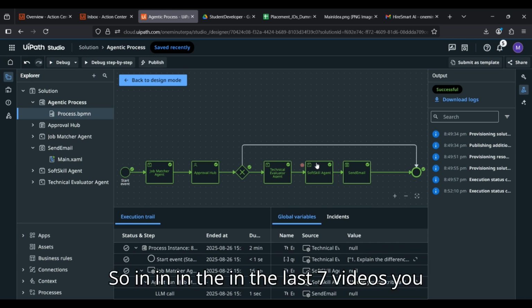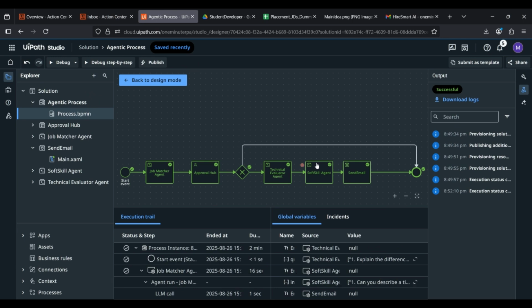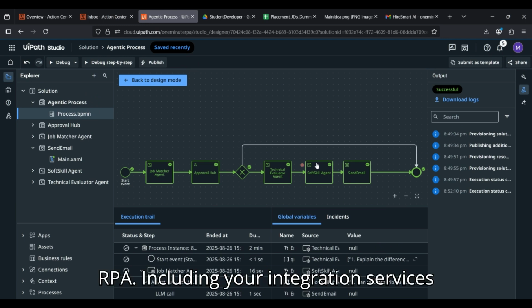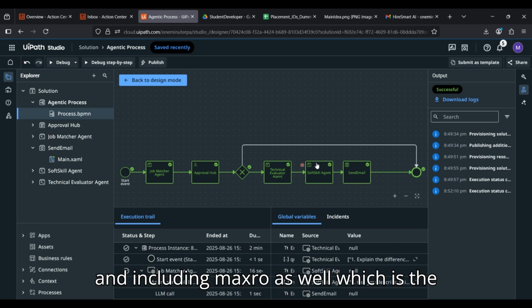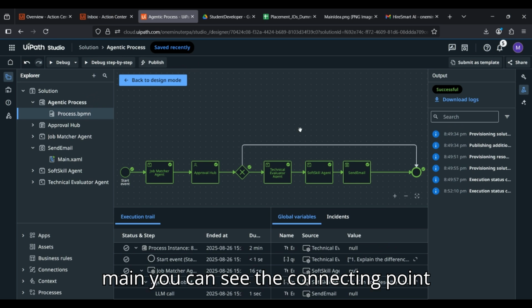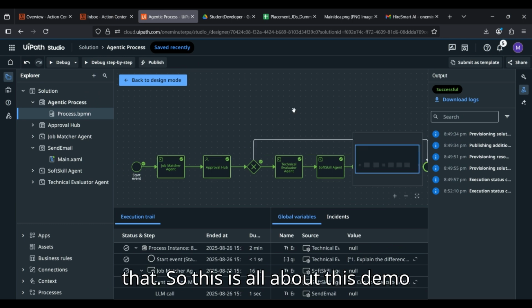So in the last 7 videos, you have seen how you can create a complete end-to-end process, including your agents, action centers, RPA, including your integration services, including RAG. And including Maestro as well, which is the main connecting point where you can connect everything under one workflow. So this is all about this demo,